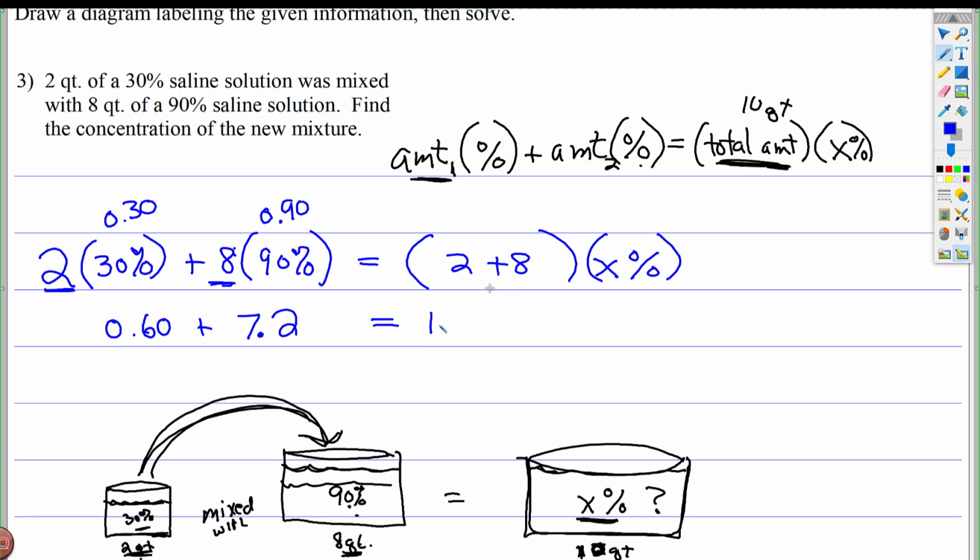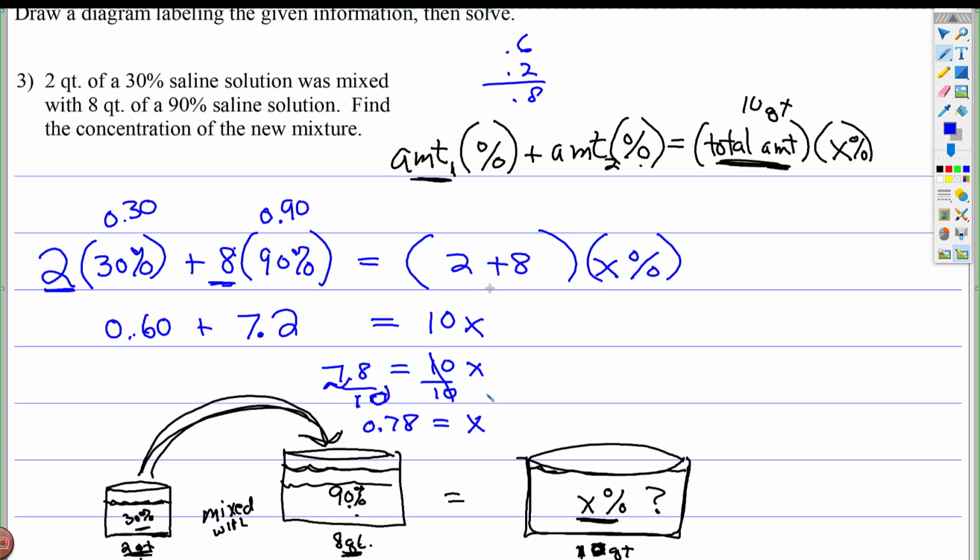Well, 2 plus 8, that's 10x. Now you're going to add the 0.6 plus the 7.2, and that gives us 7.8. So now we have 7.8 is equal to 10x. And then you're going to divide both sides by 10. When you type that into your calculator, well, even if you don't need to do that, just move the decimal place one more, and you get 0.78